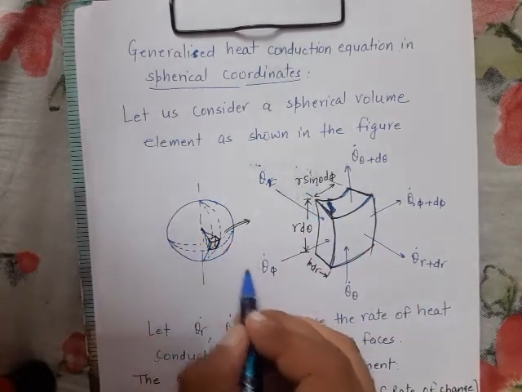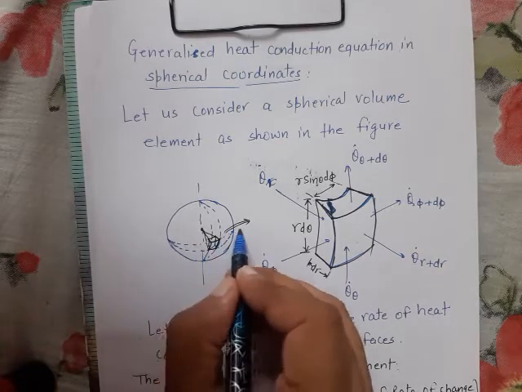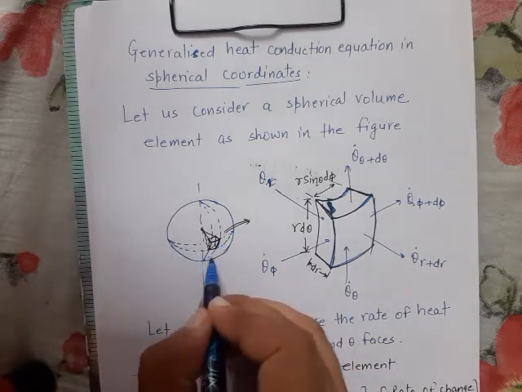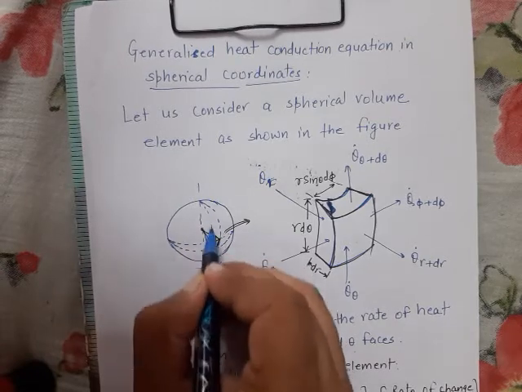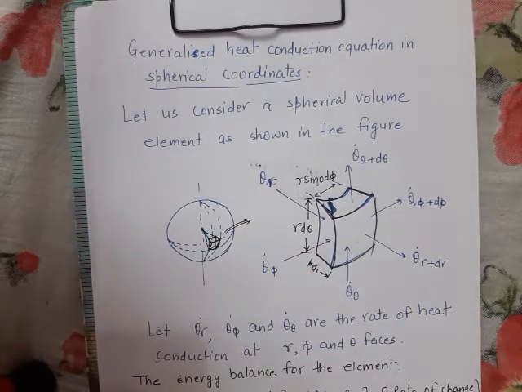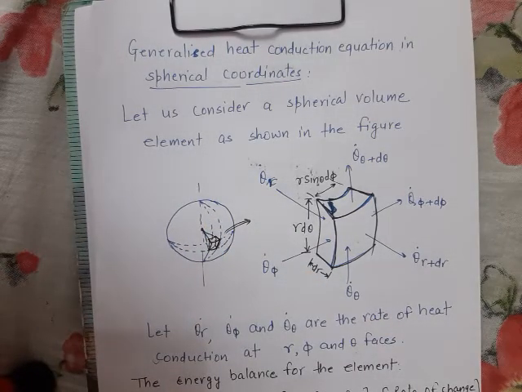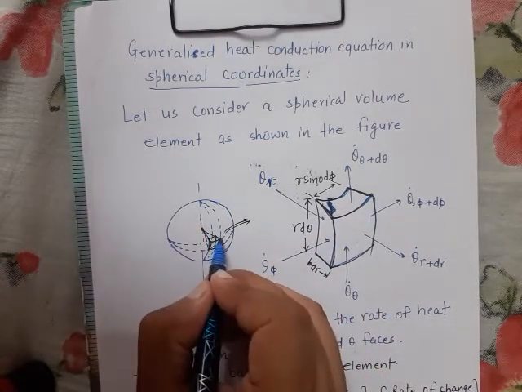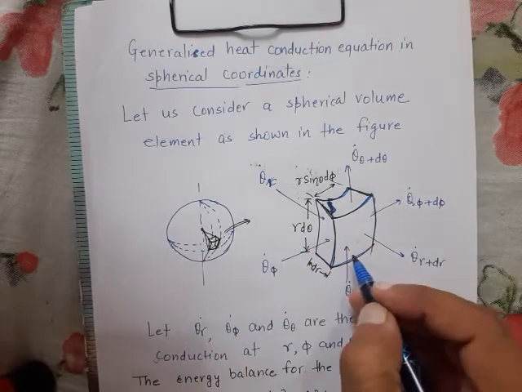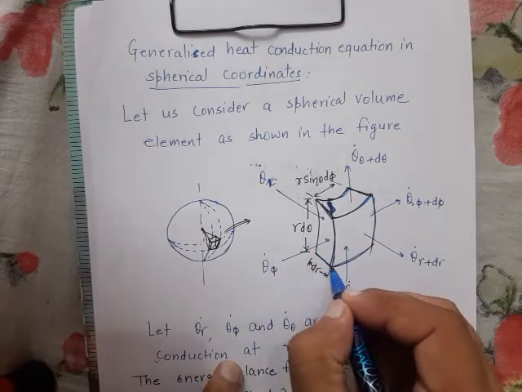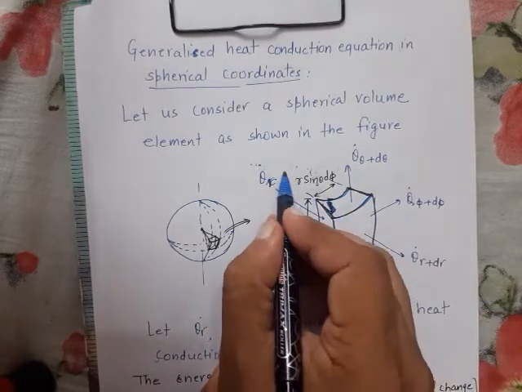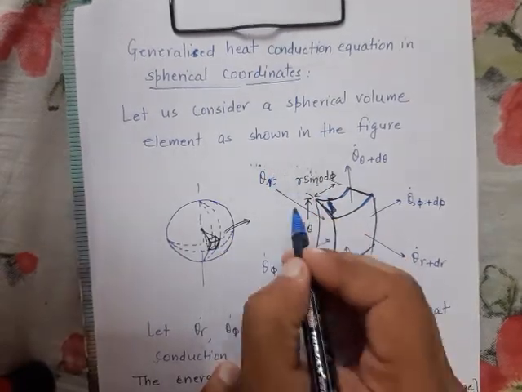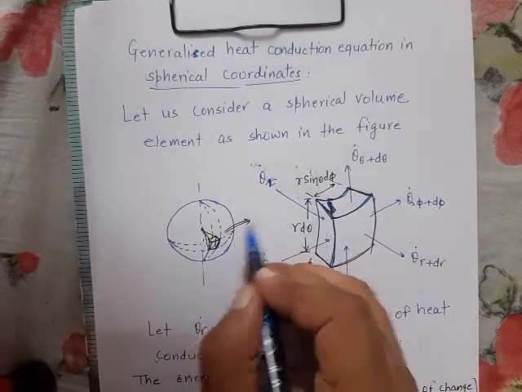So this is the radial direction. This is the phi direction, and this is the theta direction. So the point has been defined in terms of r, phi and theta. Now if we cut a spherical element at a radius r of thickness dr, then the dimensions of the element would be like this. This would be dr. The element has been taken out and shown in exaggerated view over here.